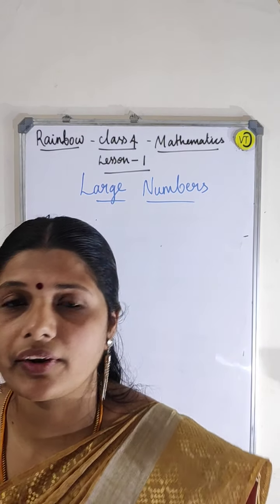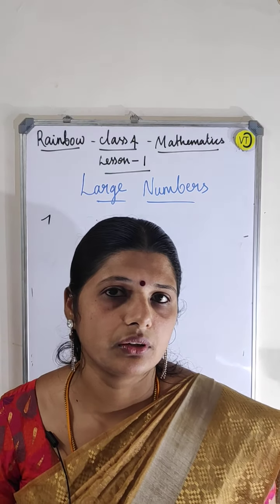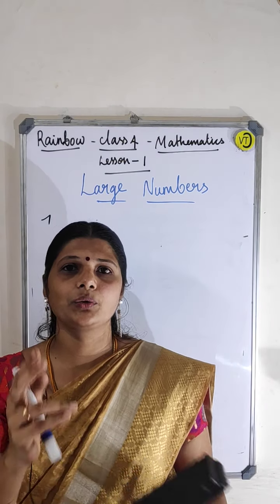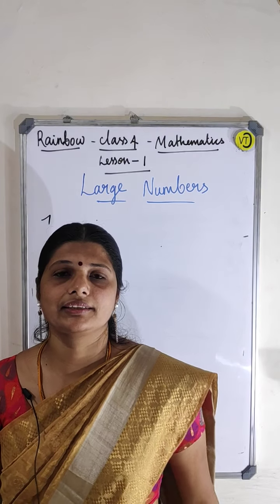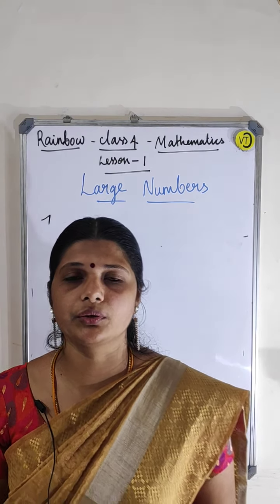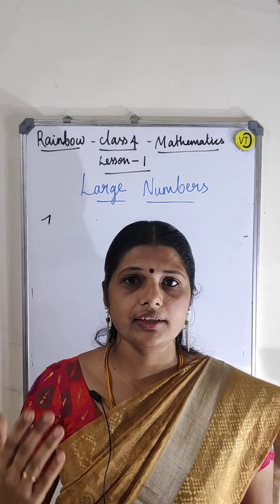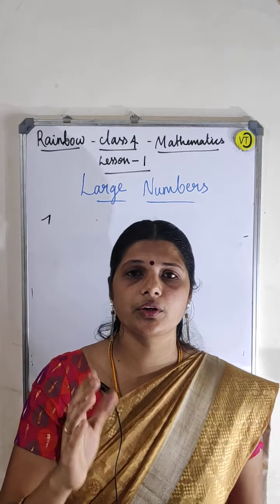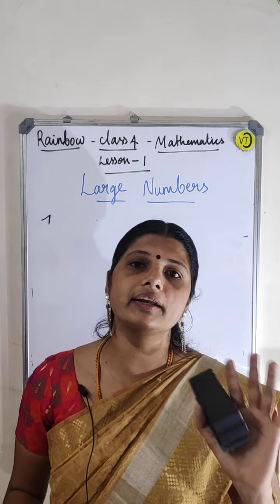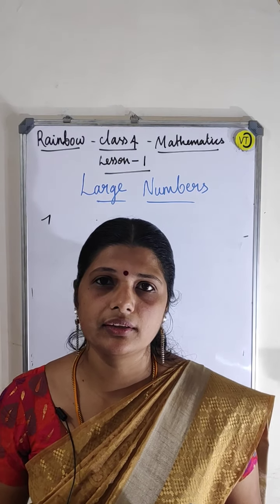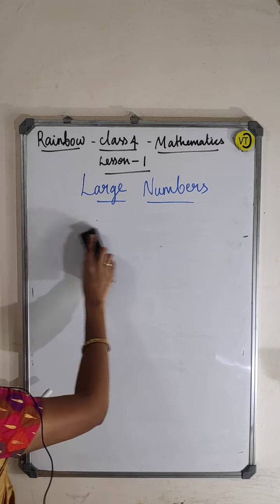by using 5 digit numbers I am going to take, or 6 digit numbers also we can do. In the lower classes you have studied 2 digit, 3 digit, 4 digit numbers. But here in the 4th standard you are going to deal with 6 digit numbers, and 7 digit numbers, this way. You have to be very careful when you are doing the ascending order and descending order. There will be a little confusion, right? But don't panic, I will tell you the tricks here.